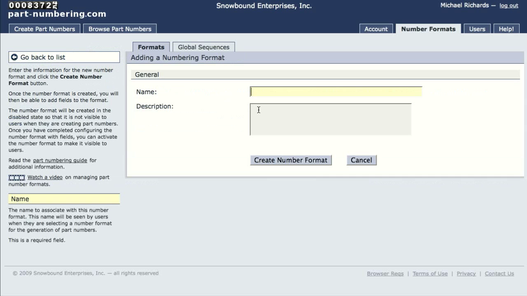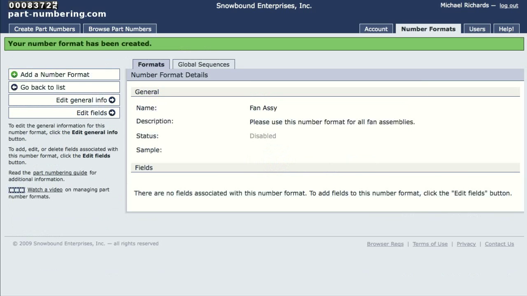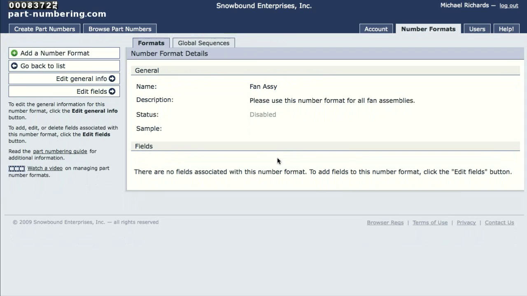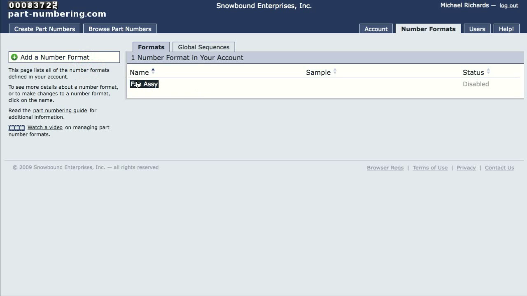In the form, we give the number format a name and a description. Both of these fields will be shown to the users when they are creating part numbers. Once the number format is created, we are shown the details of this number format. You can get to the details of any number format by clicking on the name of the format from the list. If we go back to the list, there is our number format, and clicking on the name takes us